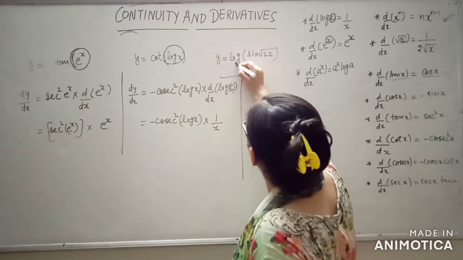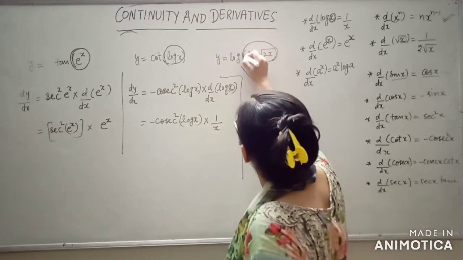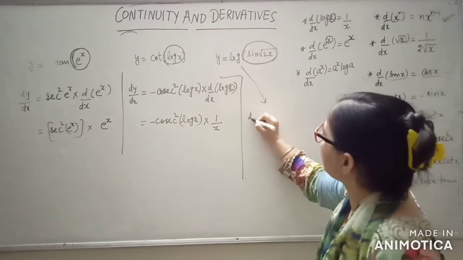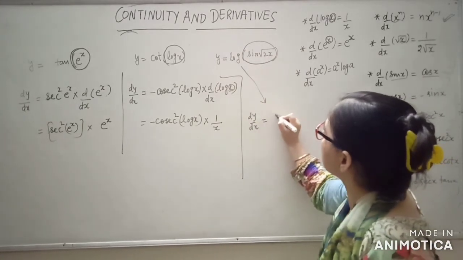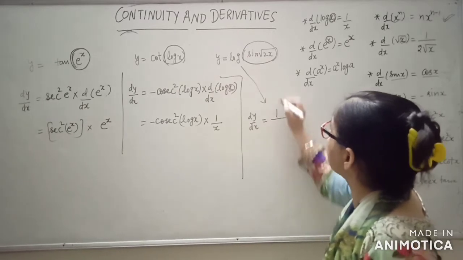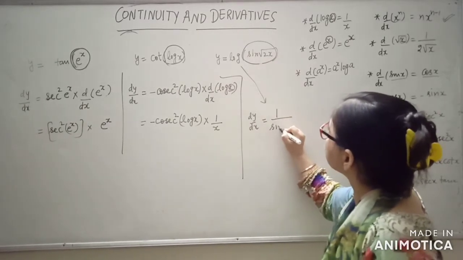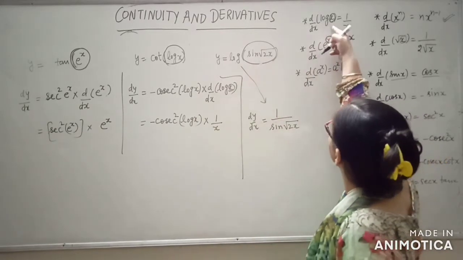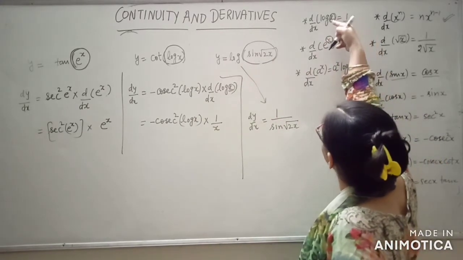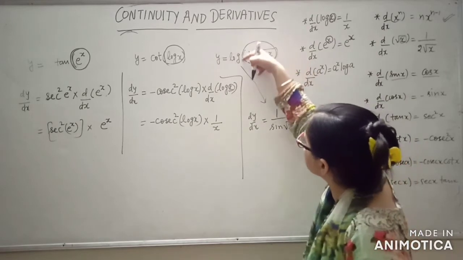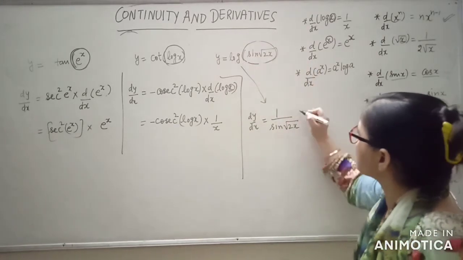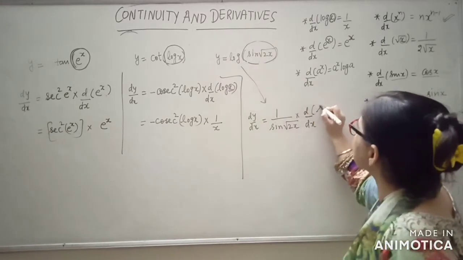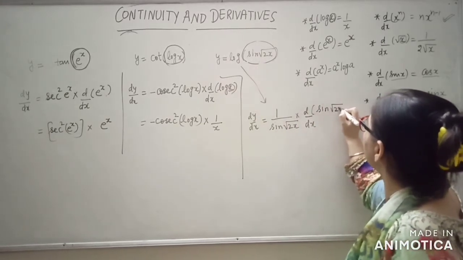Now here we will apply the derivative of log of x. In log of x, we consider this as x, so dy by dx, applying the log rule, is 1 upon x. What is x? sin root 2x. Look, the derivative of log x is 1 upon x. Now x is replaced by this, it means 1 upon this into the derivative of what you supposed to be x, that is sin root 2x.